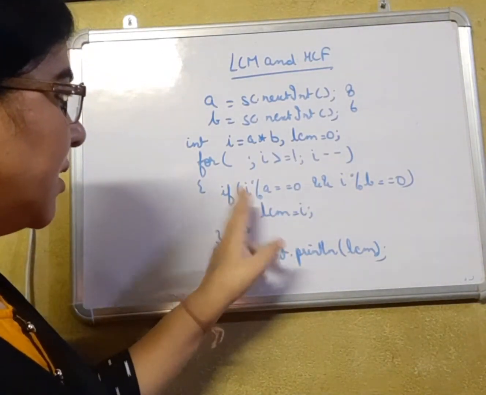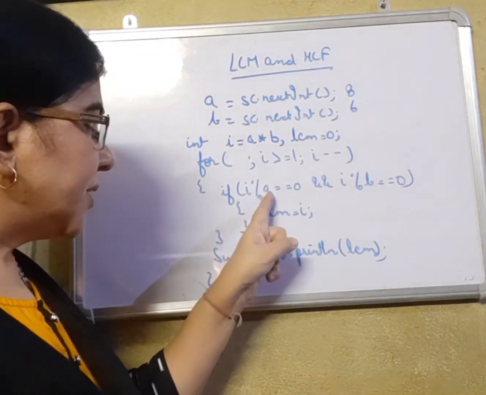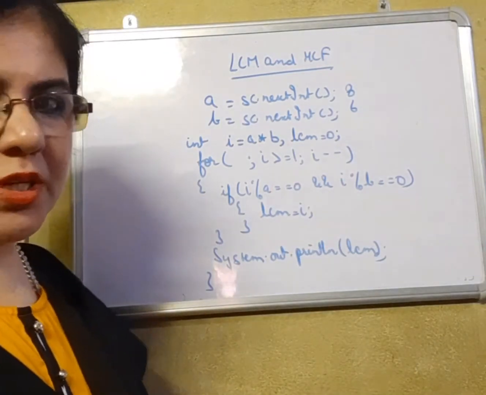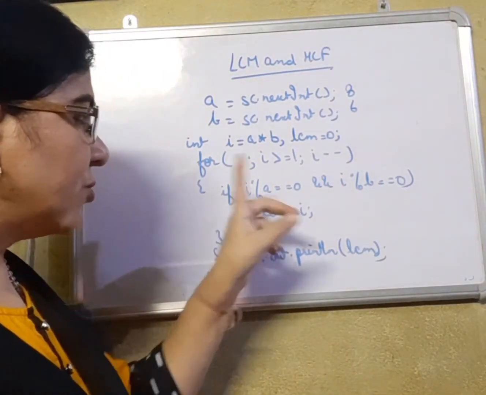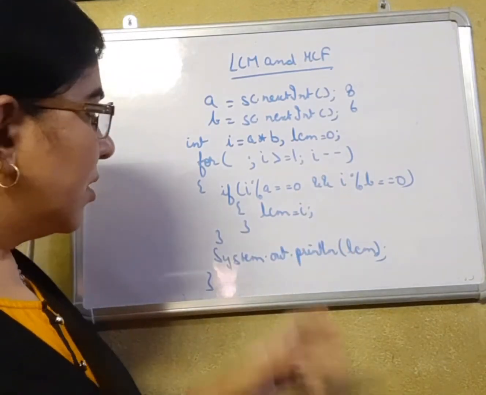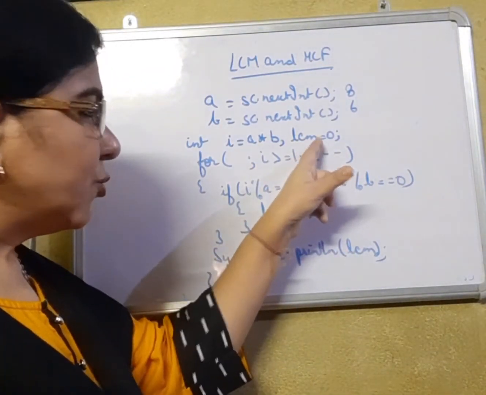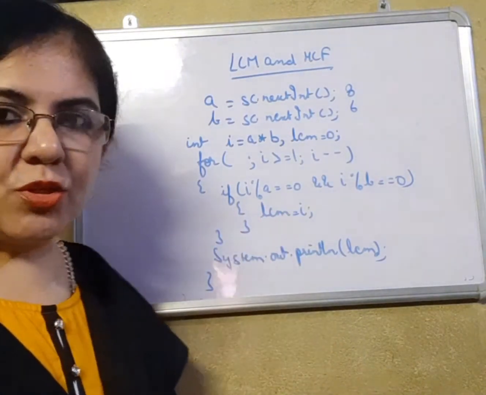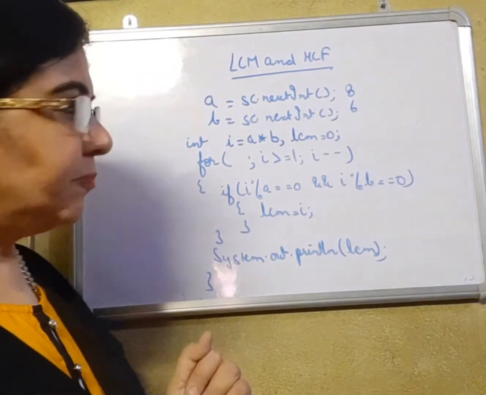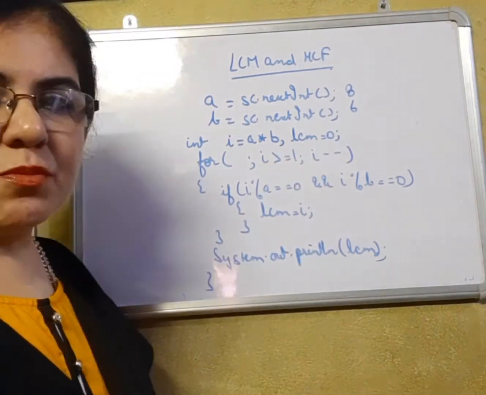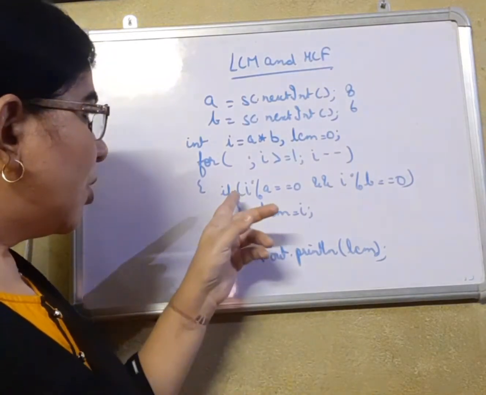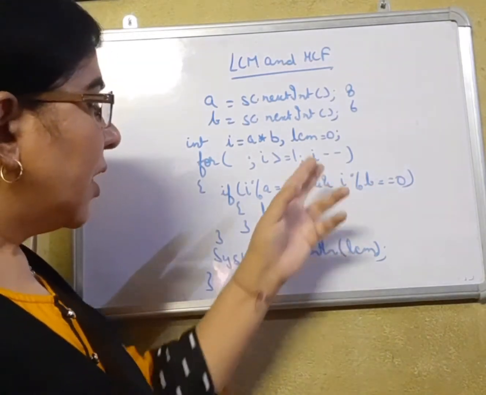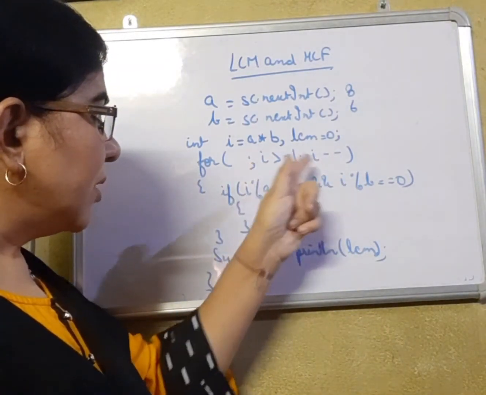It will come inside. Here it is going to check if 48 is divisible by 8 and 48 is divisible by 6. And it is a true condition because 48 comes in the table of 8 and in the table of 6 also. So presently this variable LCM, which was initialized with 0, will become 48. For the present time it is going to consider that 48 is the LCM. Then with I minus minus, I decreases and becomes 47. Is 47 divisible by 8 and by 6? No. I decreases and becomes 46.